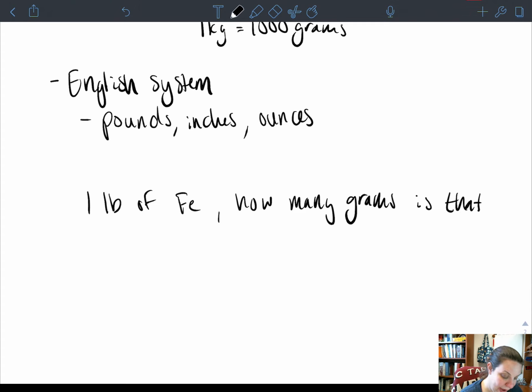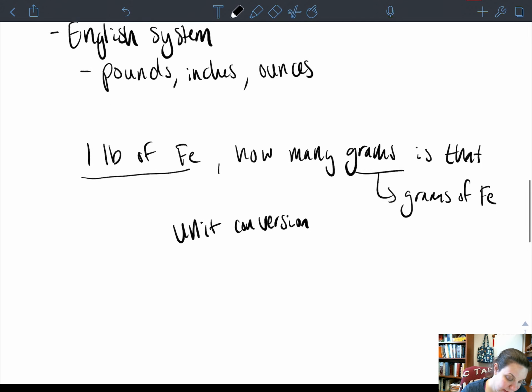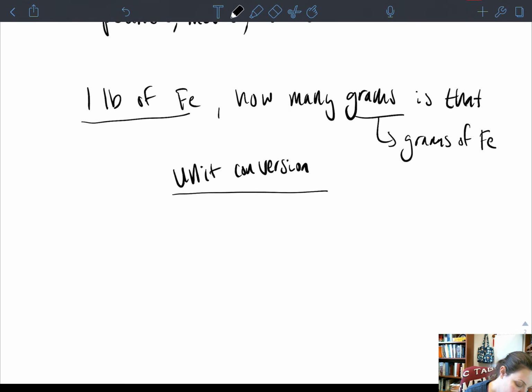In order to go from a pound of iron to grams of iron, we need to do a unit conversion. So we'll have the same amount, just different units will be preceding that. So unit conversions, we go from one unit to another. If we have going from pound to grams, we would just look in a unit conversion table or a